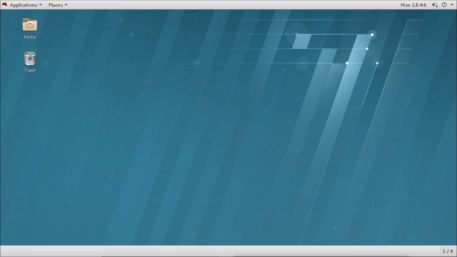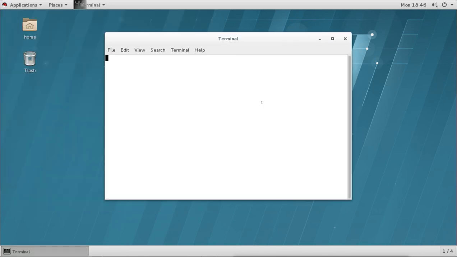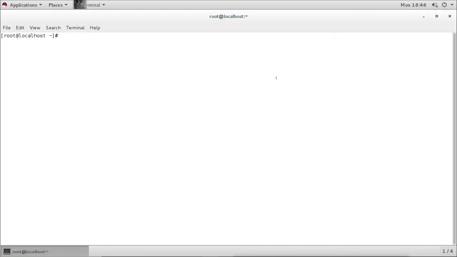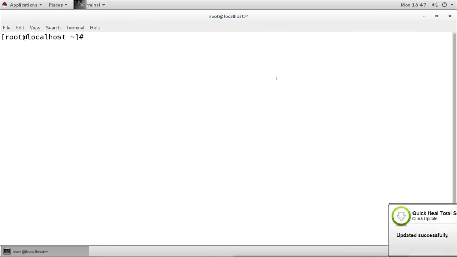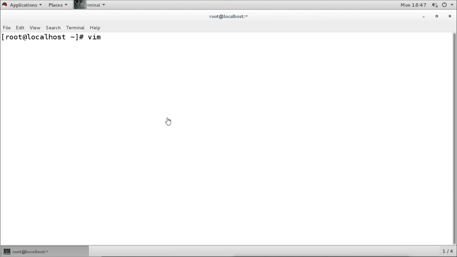Now we can change the password because there is no password, no security for grub, but we want to put the password on grub also, so that no one can change the password. So how will we do that? We can do that by changing the configuration files of grub, and we can do it by using the templates from the etc directory.